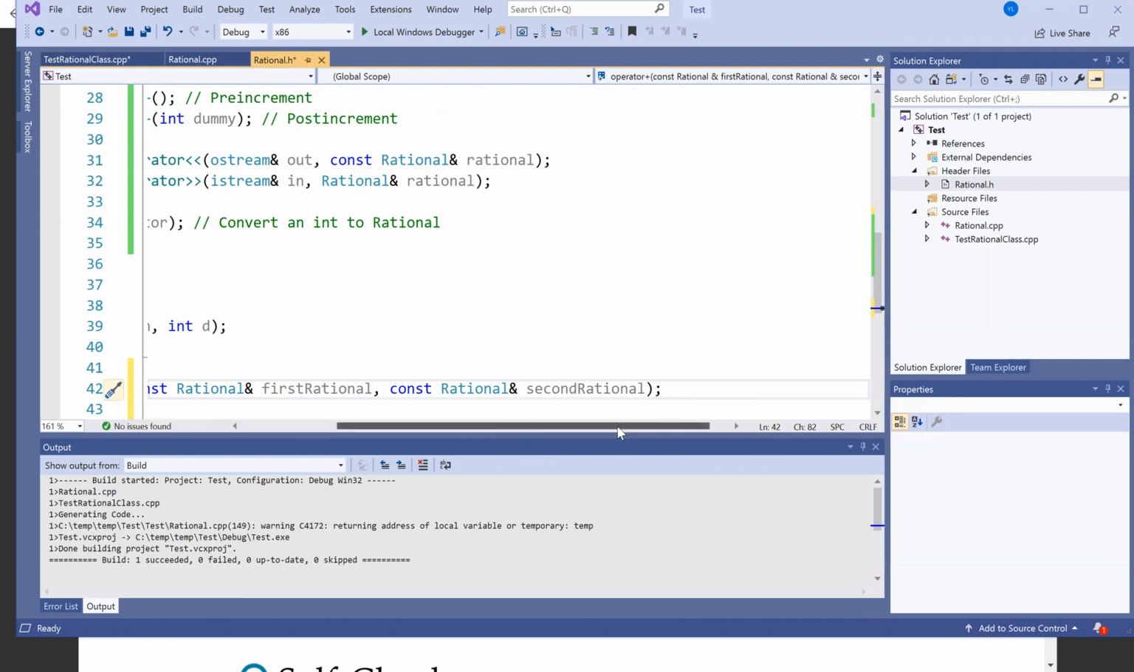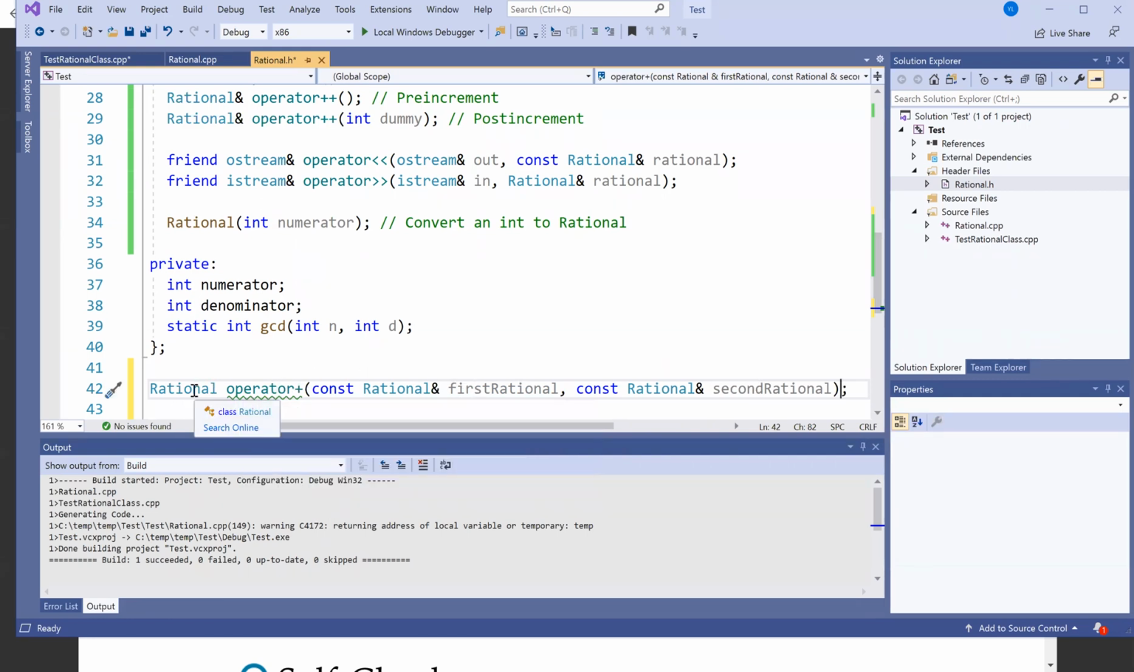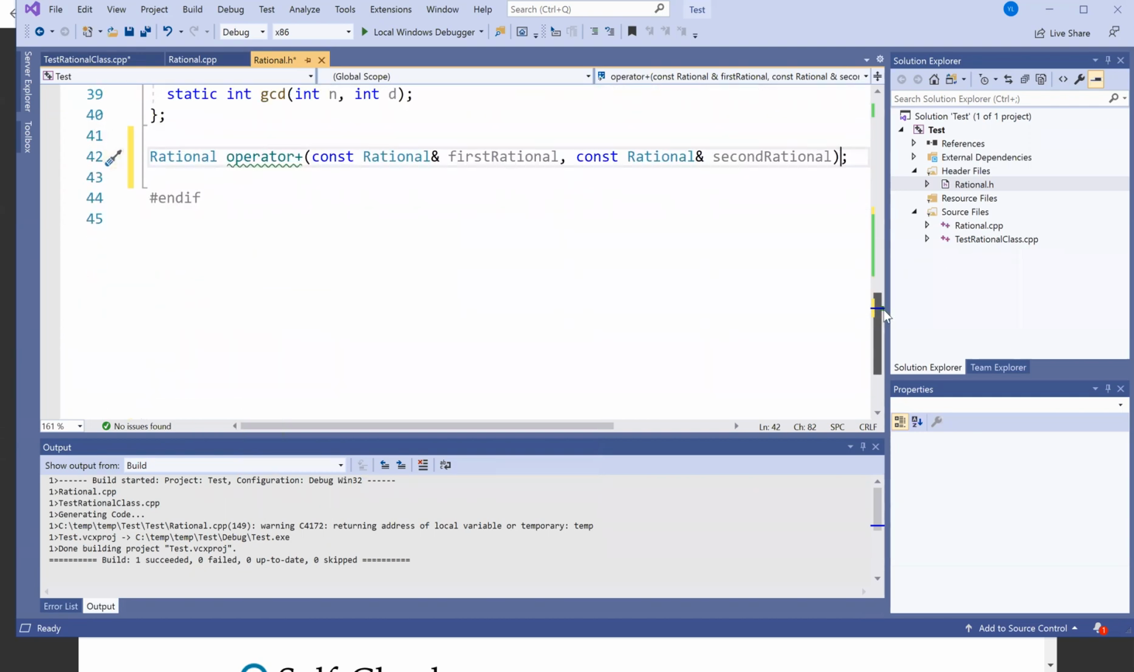So you cannot have a const member for a non-member function. So this is the operator still, right? So this is the operator. These two numbers add together and return a new rational. So let's implement this in the